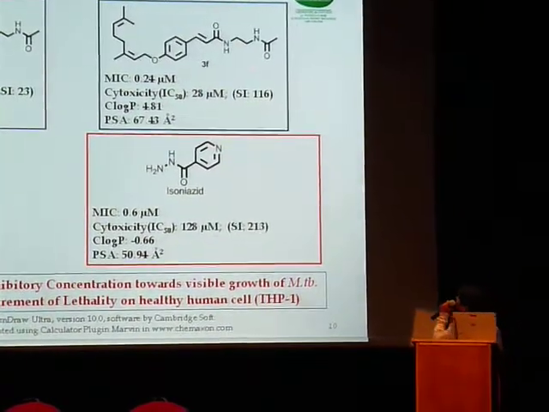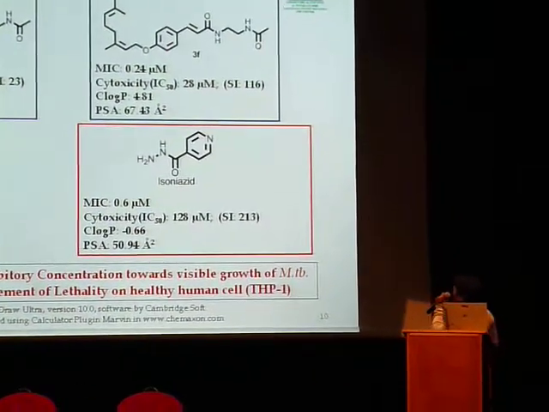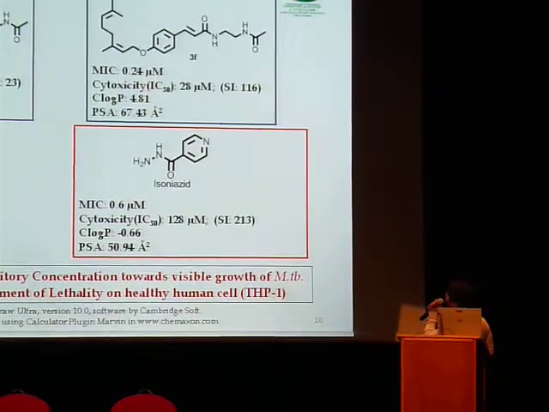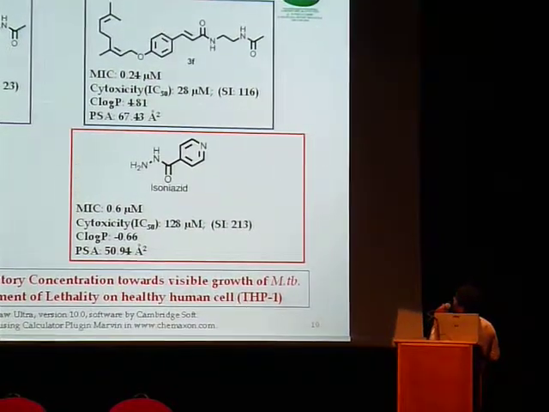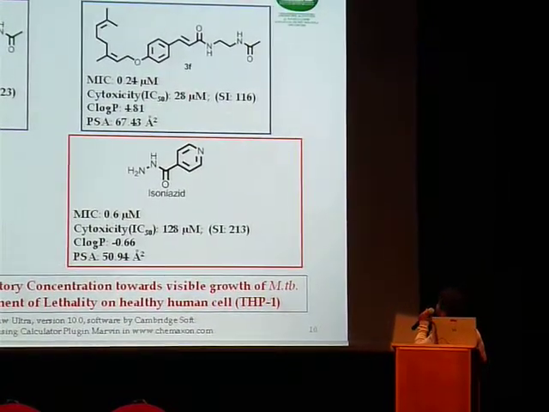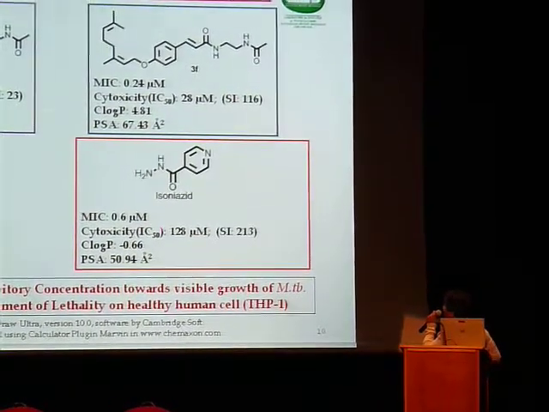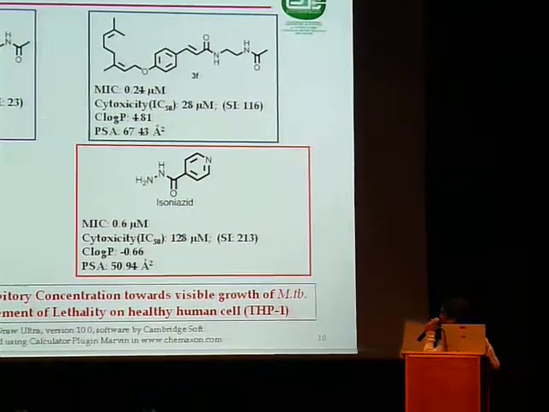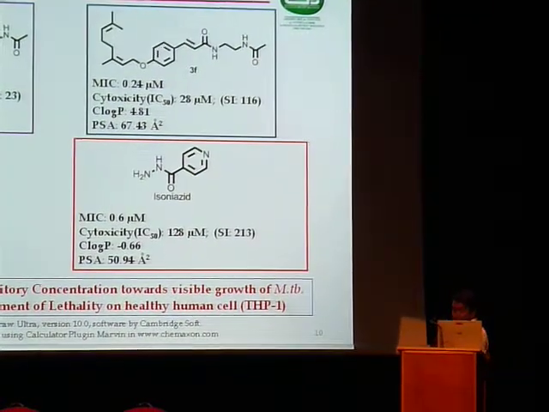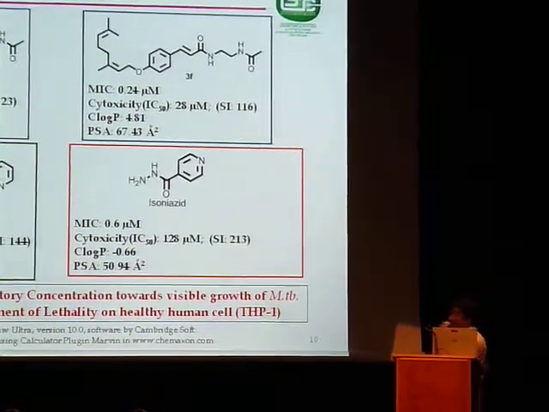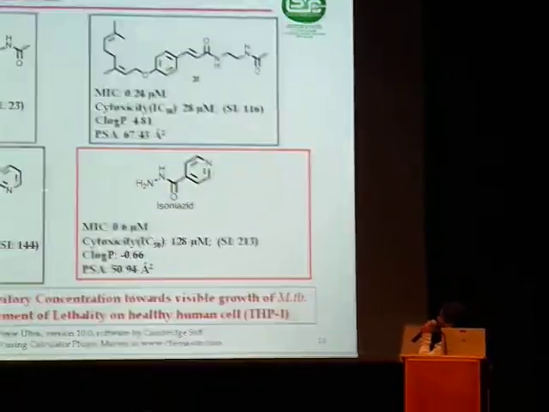This ethylene diamine derivative was the most active in its own series, and it has a better cytotoxicity profile, with SI more than 100, but it's not better than isoniazid, which is the reference compound. However, this 2-amino